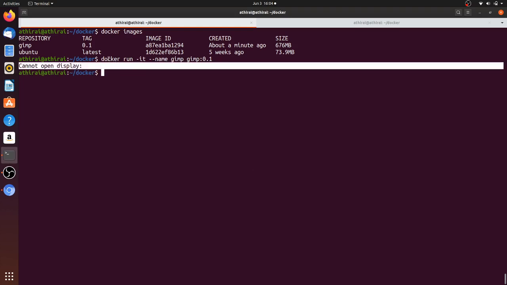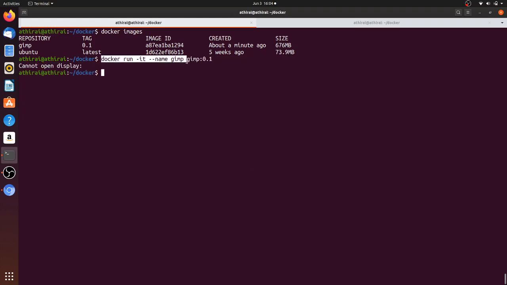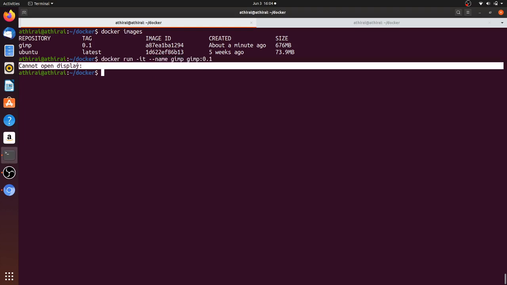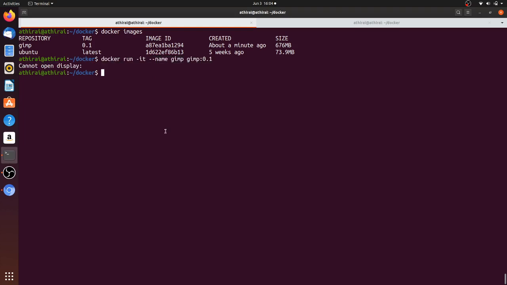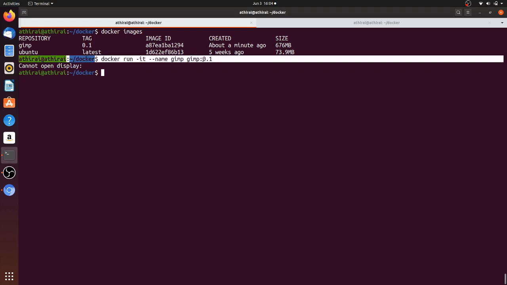This command will create a container and try to run the GIMP command inside that container, but there is no access to display. Display is not set inside the container. GIMP is the client, and we have to tell the client to use our host machine's X server. How to tell that?